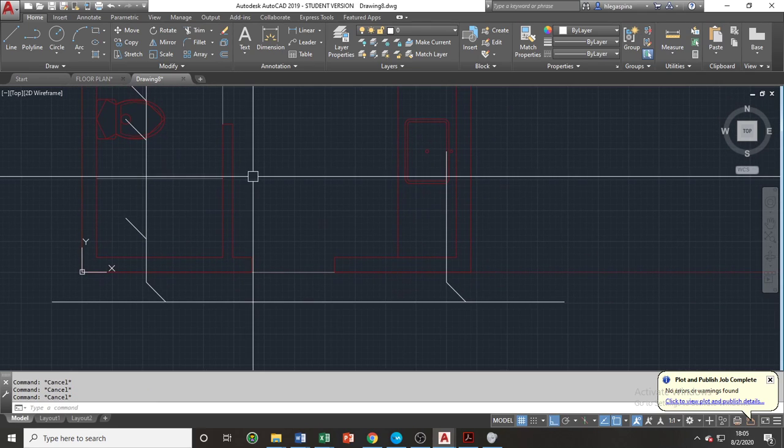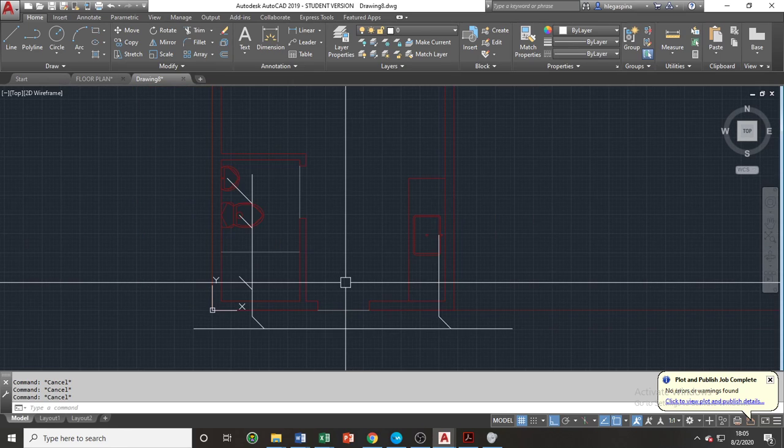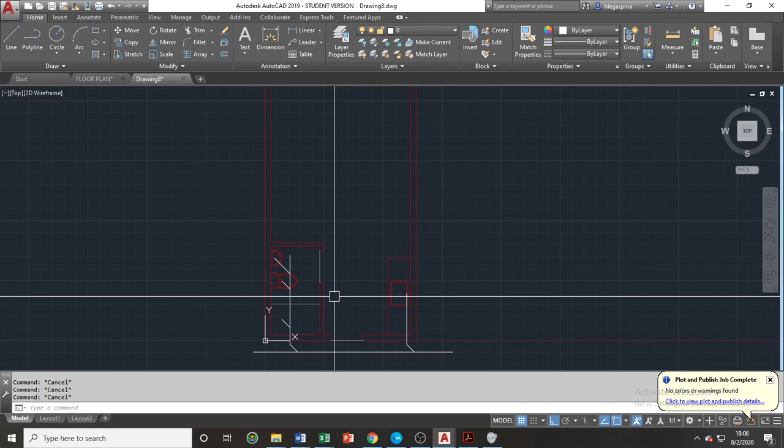And when we are done with our plan view of our isometric layout, we will now proceed on working on our isometric view or our isoplanes. There are two methods of working on our isoplanes. We'll focus on the easier method,